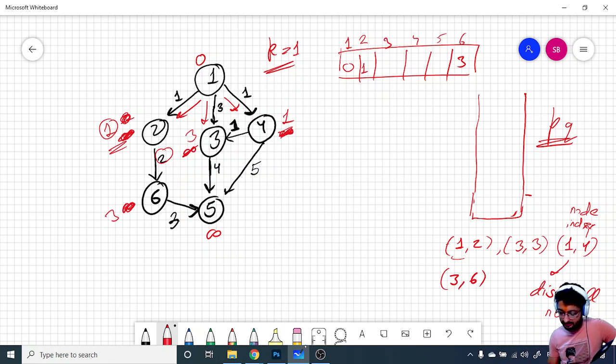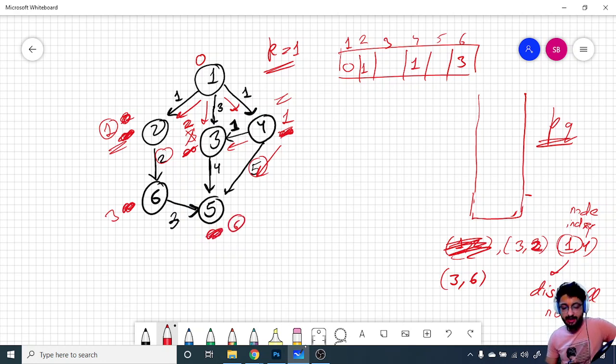What will we push back? The distance to reach this node, which is 3, comma the node value itself. Now, as you can see, this is popped out. What is the next smallest node here, which has the distance 1? So go to this node and travel over all the nodes connected to it. As you can see, this node's value is now fixed, which is 1. From this I can go to this node, and the value it takes is 1 plus 1, which is 2, which is smaller. So now we can see that this value turns out to be smaller, so we'll make it smaller. Then we'll just take the next value. The next value, as you can see, is this edge, 1 plus 5, which turns out to be 6.